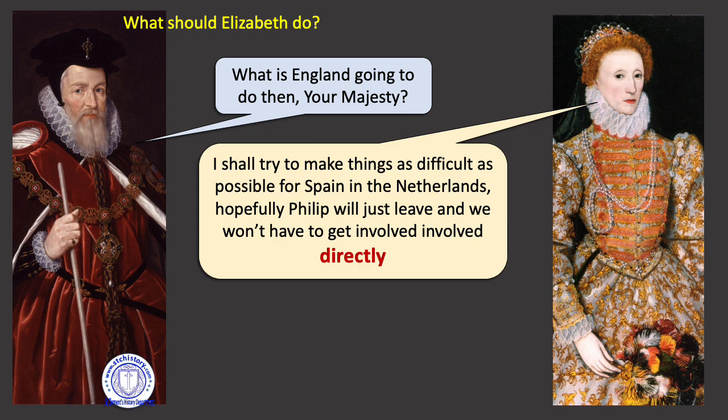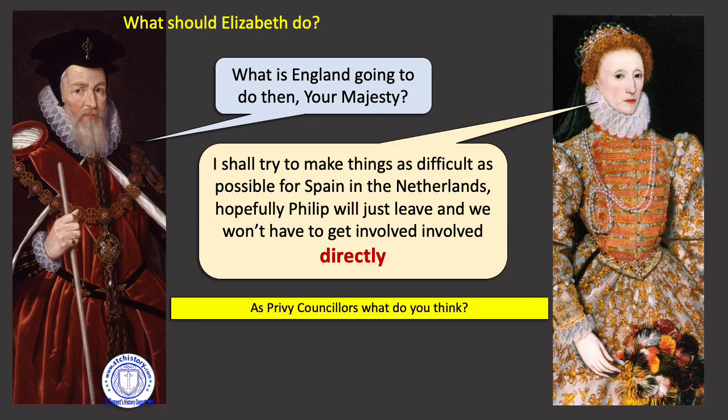She is hoping that Philip will just leave, that it's going to become expensive, like Afghanistan a little bit for the Soviets. If she just makes a little bit of a nuisance of herself without doing anything direct, she's hoping that Philip will just give up and leave. He's made his attack. It's quite clear that the Dutch can't really fight back. But the point is, whatever she does, she's going to try and stop going in directly. So maybe at this point, again, your final thoughts on this session's Privy Council meeting.